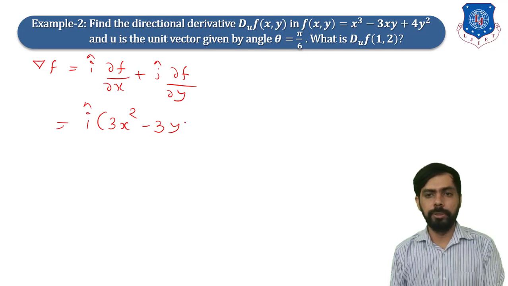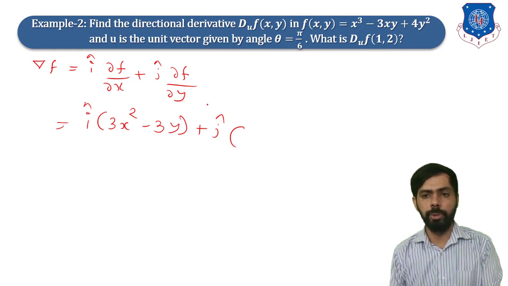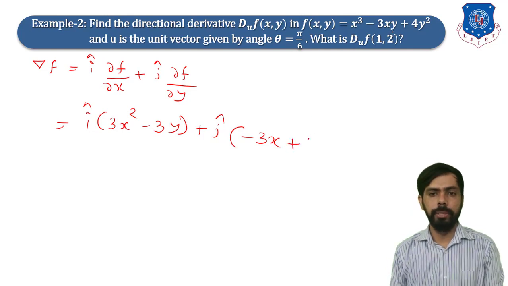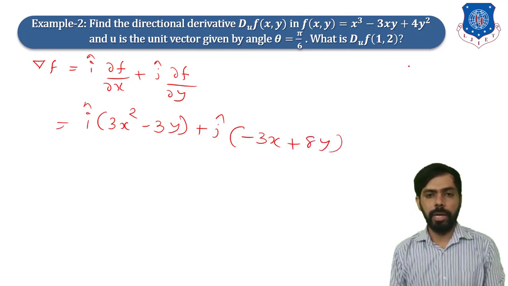plus j del f by del y, that means partial differentiation of function f with respect to y. So here x will be constant, so the derivative of the first term will be 0, minus 3x, the derivative of y is 1, okay, plus 8y, because the derivative of y square is 2y. Okay, now as we have to find the directional derivative at point 1, 2, so at point 1, 2